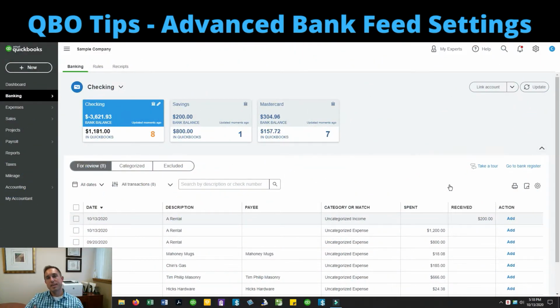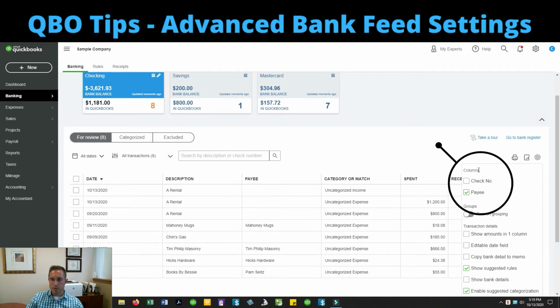Okay, I'm in the banking center or transaction center in good old Craig's Design. Most of the time when I tell you to go to the gear icon, I'm talking about this guy way up here in the top right. But when you're in the banking screens, there is another gear icon in your workspace down here, just above the action column. This, my friends, is the advanced settings. There's a number of things that we can do here. So let's just go through them as quickly as I'm able to, at least.